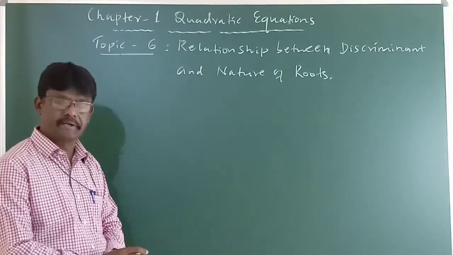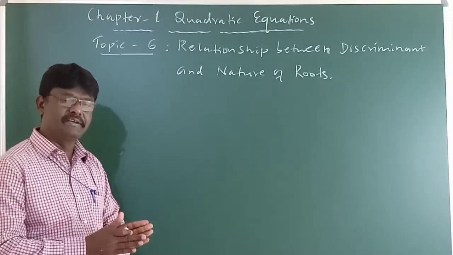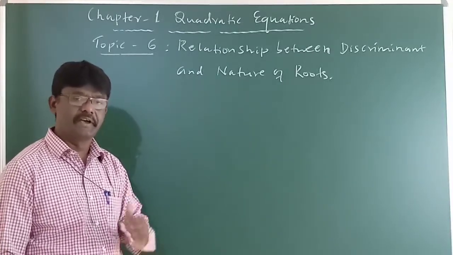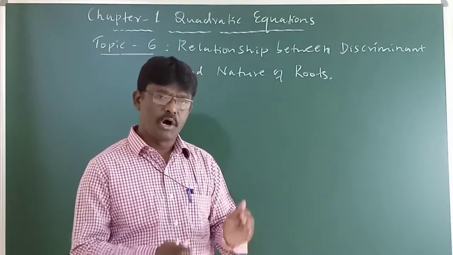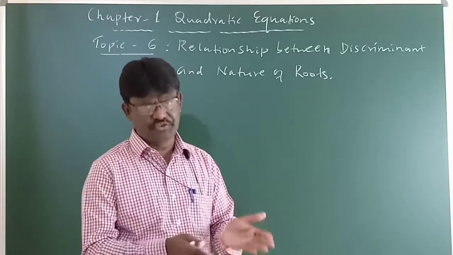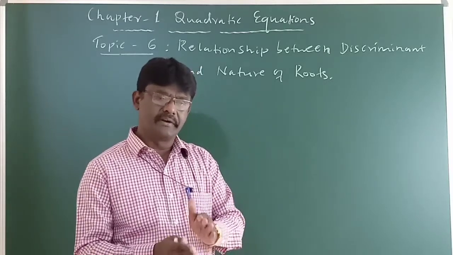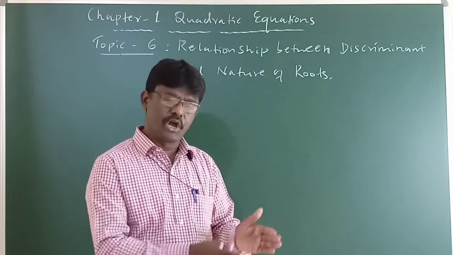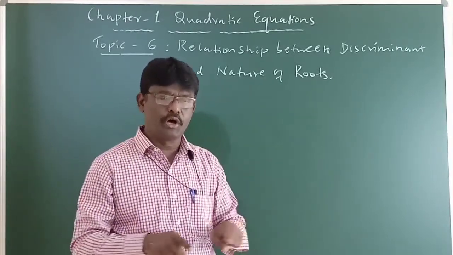So, before we take today's topic, we have to have a clear understanding of 2 to 3 basic terms. The first one is real numbers. What are real numbers? We know real numbers include all rational and irrational numbers, terminating decimals, non-terminating recurring decimals, and non-terminating, non-recurring decimals. Hence, real numbers include all of this.